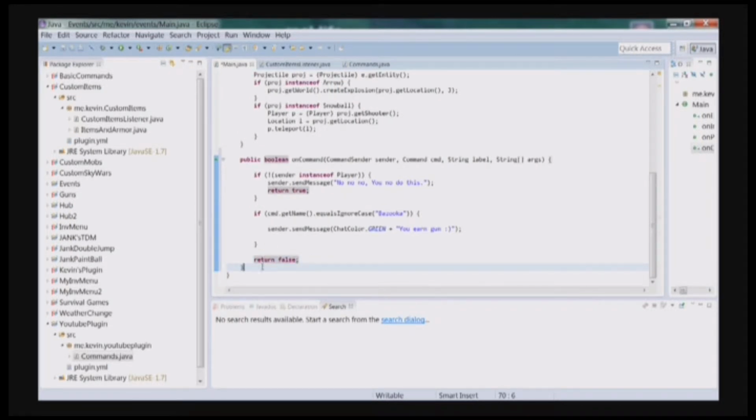Today I'm going to be showing you how to make custom items. Now let's get right into it. First of all, you need to make a method. So what you're going to do is type public